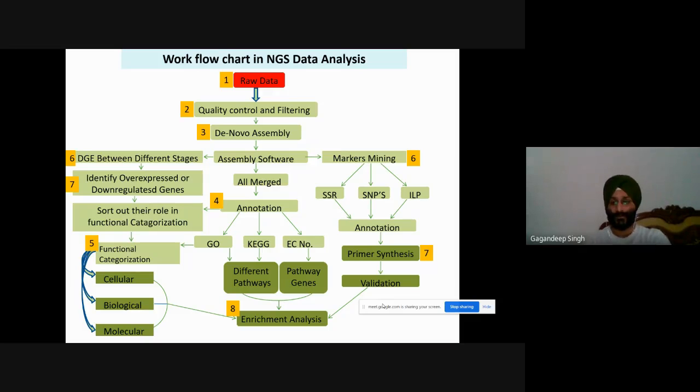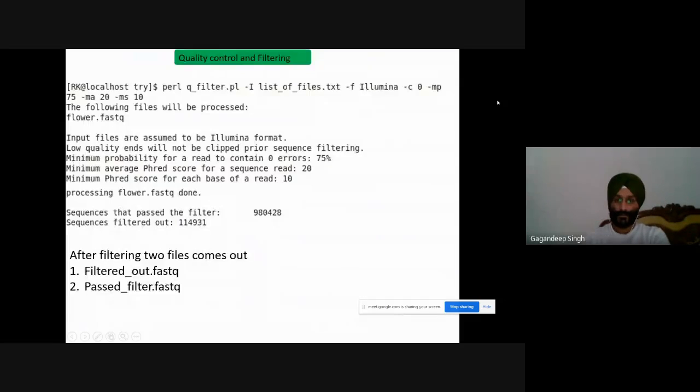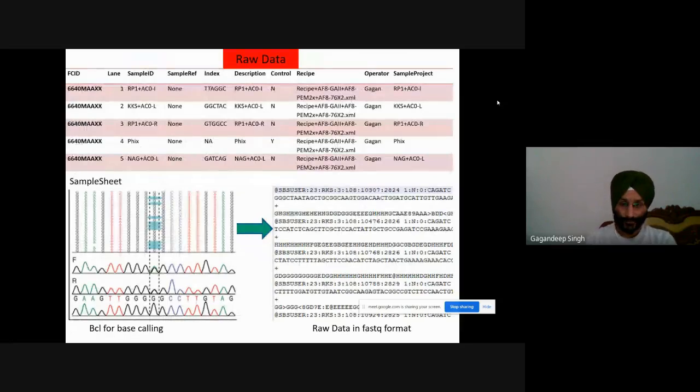Now, first of all, this is the raw data. This is the raw data in the fourth slide, that is SB user 23 RKS. This is basically the output of raw data, how this raw data has been generated.